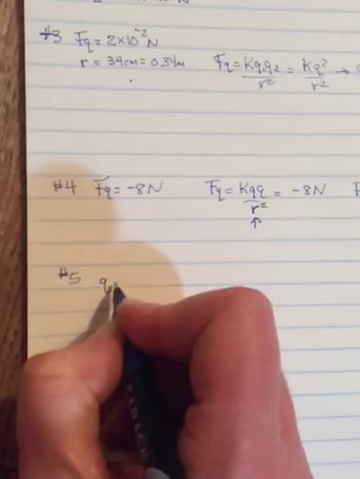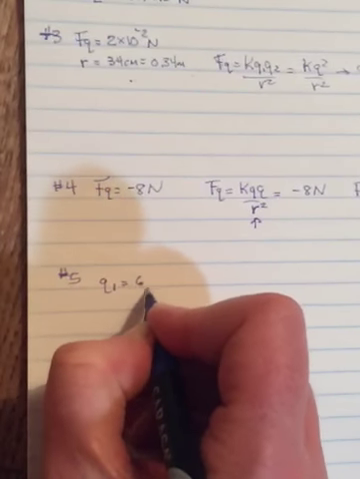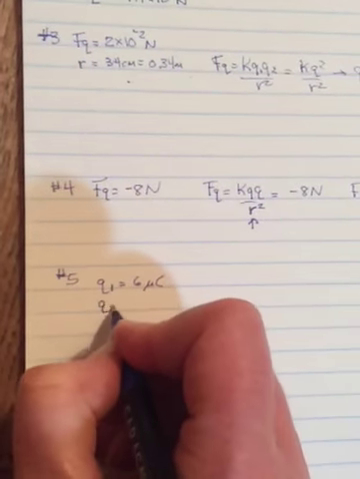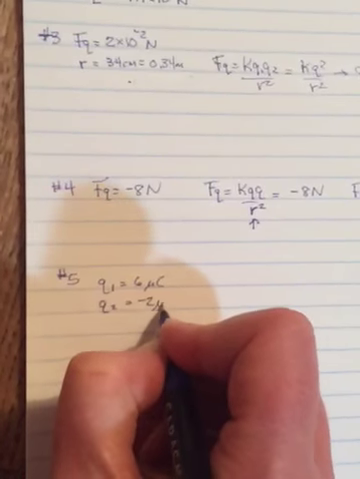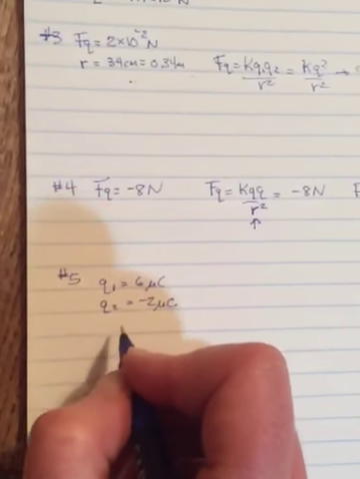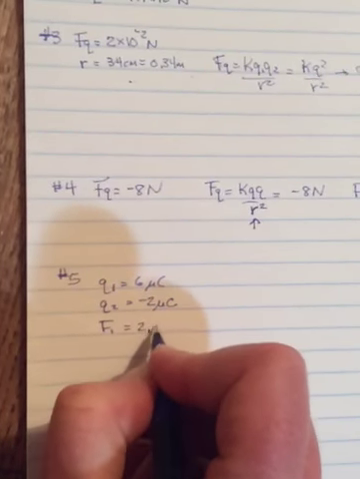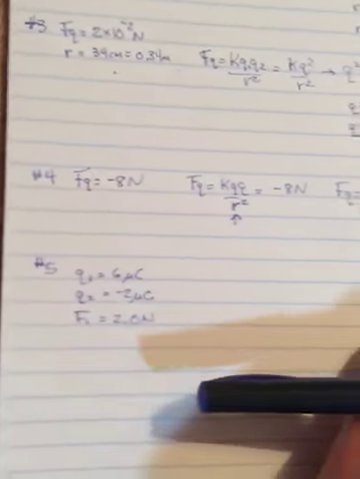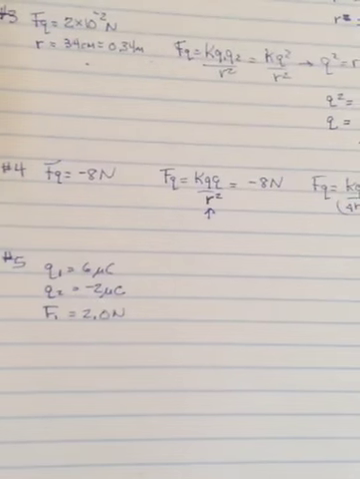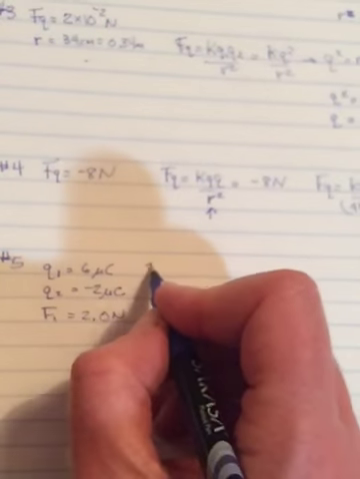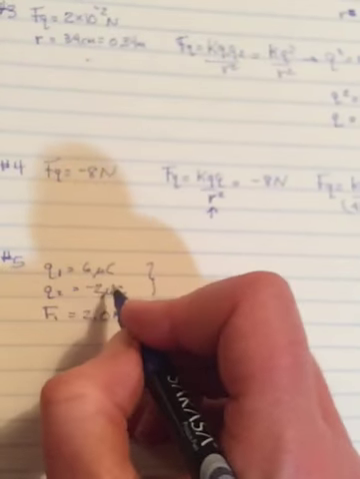So in number 5, it says Q1 is 6 microcoulombs, Q2 is negative 2 microcoulombs. We're going to run out of time here in a second. And it says originally F1 is 2 newtons. Okay? So the first thing you're going to do is it says touch them. And if you remember from Friday, when we touch them,